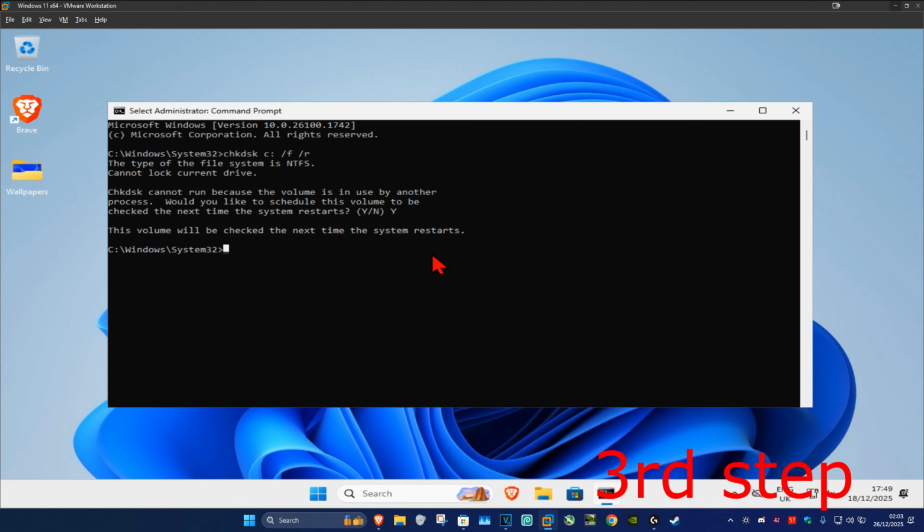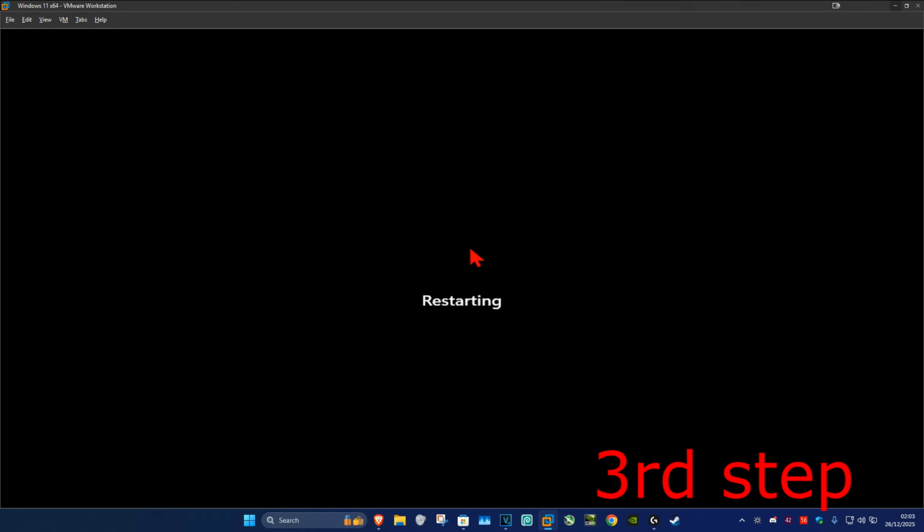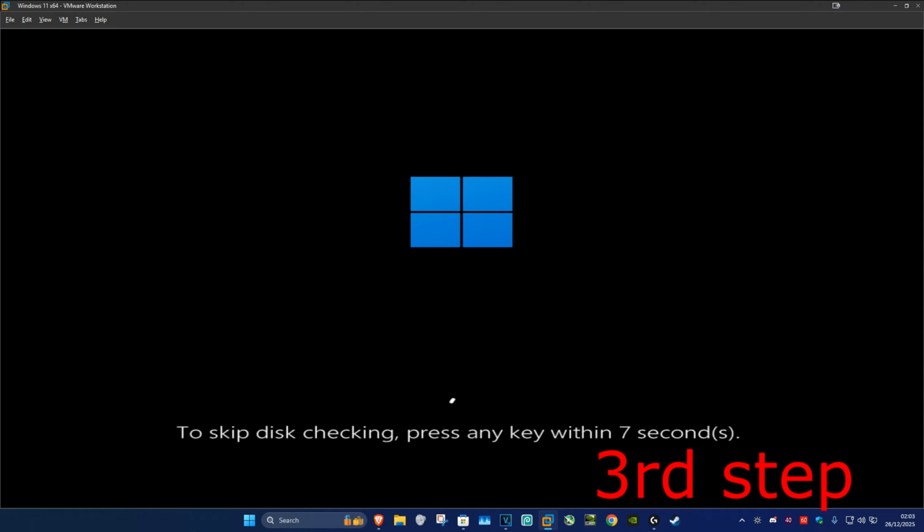For the last step, you want to restart your computer, but keep on watching the video. So for me, I'm going to restart my computer. Keep on watching the video. It's now restarting. And now as the computer is turning on, it's going to be saying to skip this checking,